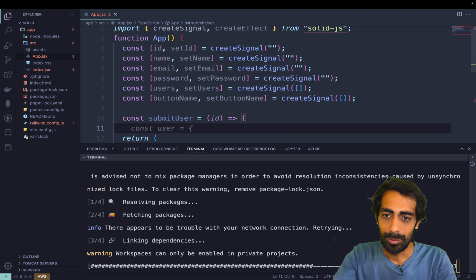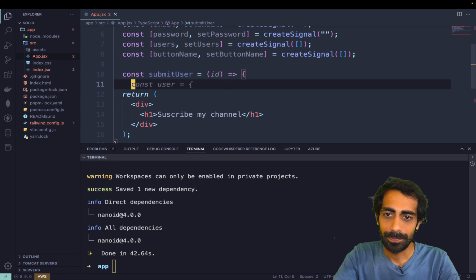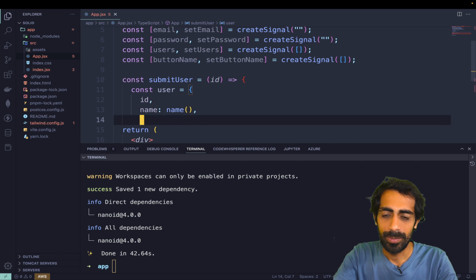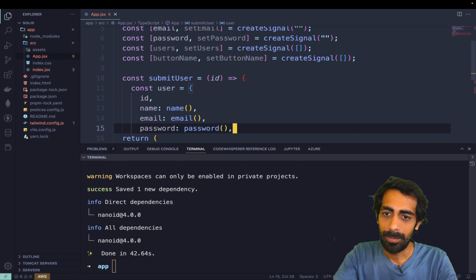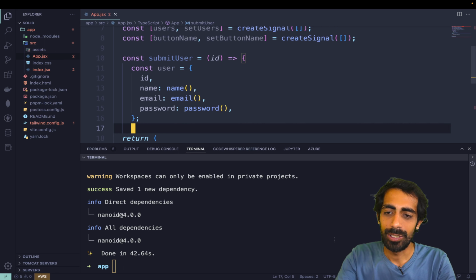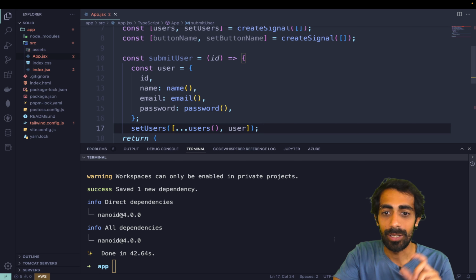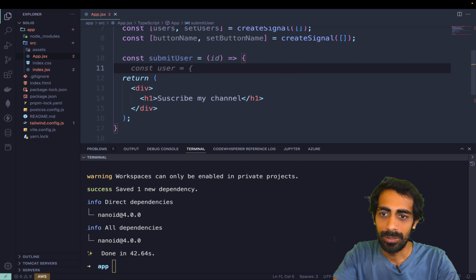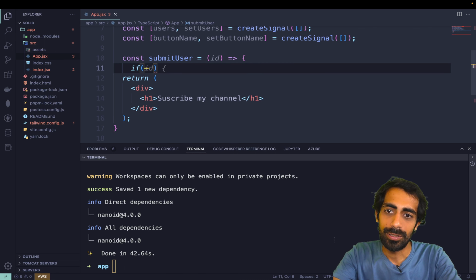Okay, so then I'll say user will remain the same, ID, name will be name, email will be email, password will be password, like the way. Okay, but we are not sure about the user, so we need to append that. So I'll say setUsers equal to user. Okay, it will append to the previous users, and now we need to check first. Actually, for this process we need to check if that user.id